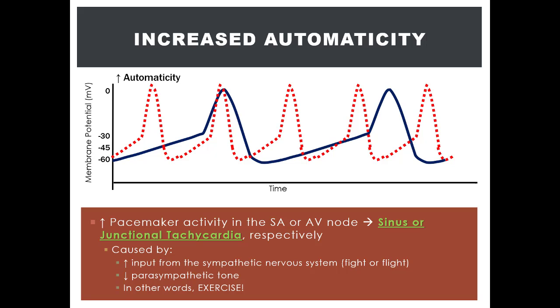So as you see here in the figure, we have the blue lines which represent the intrinsic production of action potentials by the SA node. We talked about how the initial depolarization is through leaky sodium influx through funny channels, followed by the two VDCCs causing rapid depolarization towards an action potential. Now, what if there was some influence of the nervous system causing increased automaticity of the SA node? This is represented by the red dotted line.